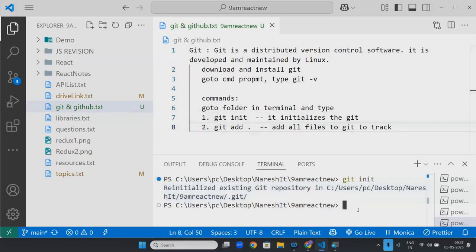If I write it here, git space add space dot. What does it mean? Why am I saying it's not added? Because whenever I am typing in this git and github.txt, is it saying you modified something? No. Whatever I type, it is not saying modified, because it is not tracking. It is not having any previous version. So I will write git add dot.